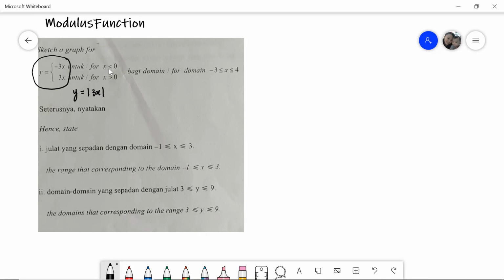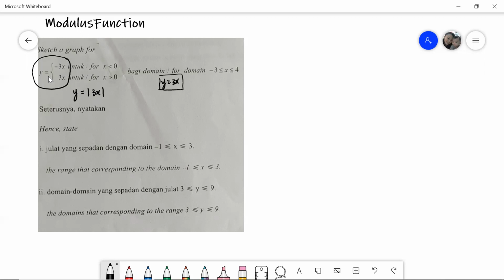But when our x is a negative value, you will tend to get a negative value inside, and under the modulus function, the negative will become positive. So in order to make y positive, you have to multiply a negative number with a negative. So you just need to realize that apart from writing y equals modulus 3x, we can also write it like this. And with that, we need to look at y equals 3x, the normal straight